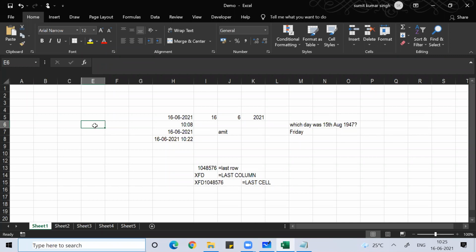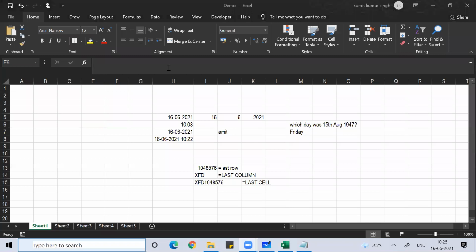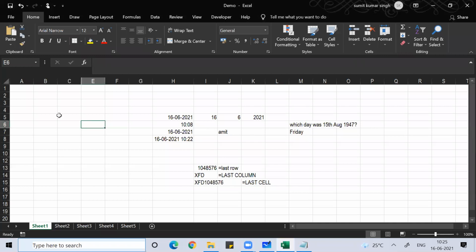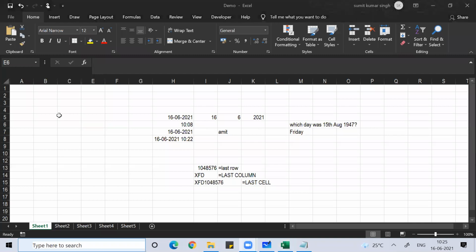Or if the data is horizontal, I want to make it vertical. How can I do that, guys?